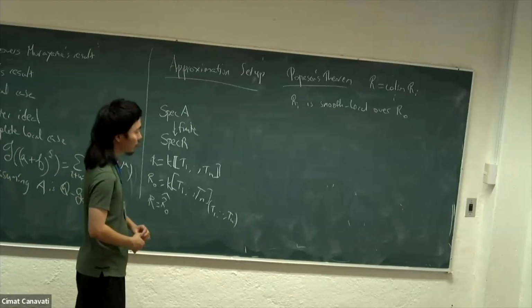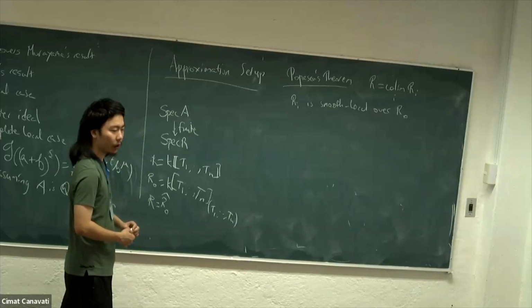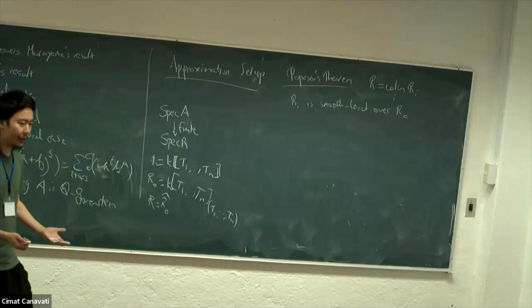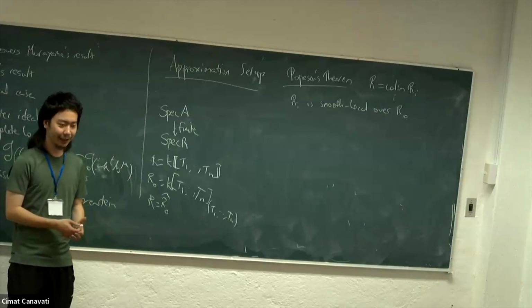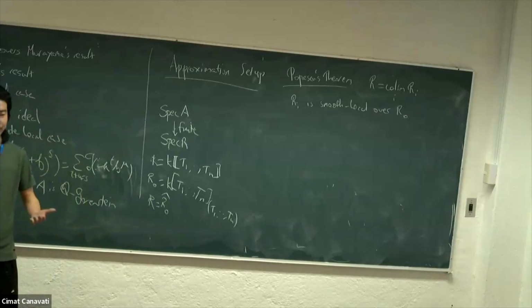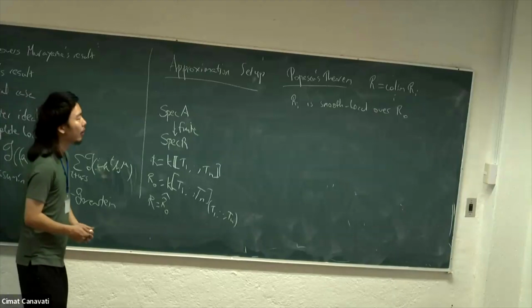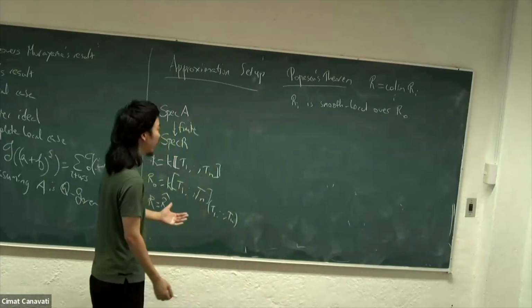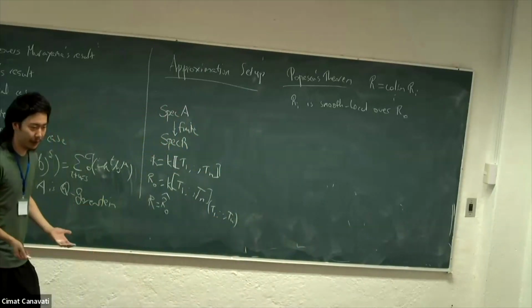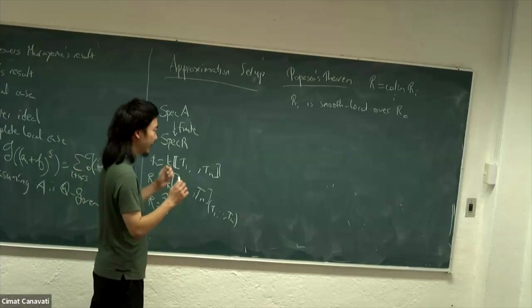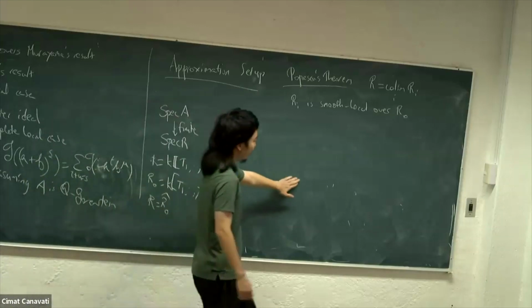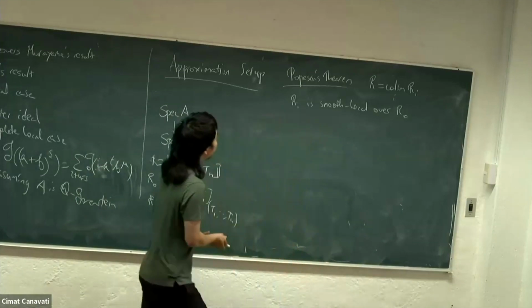So just to clarify, this is all in characteristic 0. Yes, but the same thing will work in characteristic p or mixed characteristic. It's just that in that case, we don't get that many corollaries because in those cases, the proof already works for complete local rings, for example. And this definitely works in more general situations, even non-local rings as well. But then you need to take caution because some of the constructions might have problems.